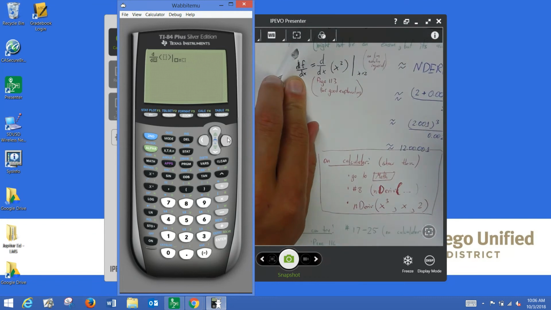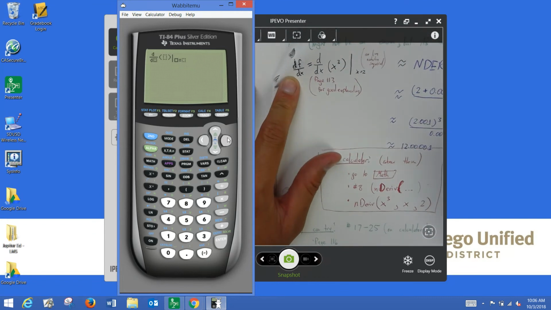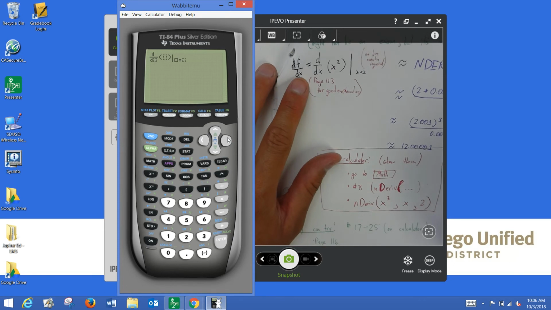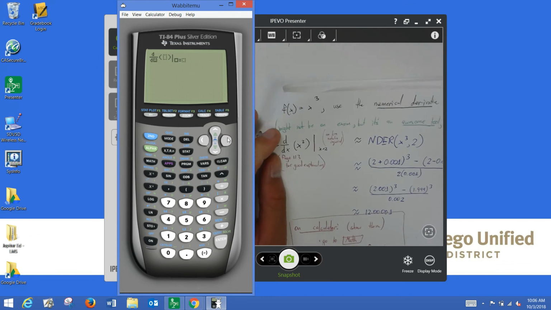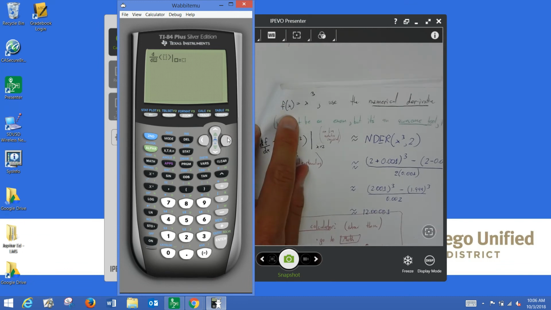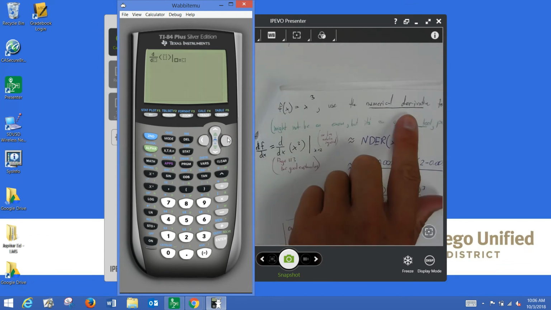So what you're doing is you're taking the derivative at some point. Actually, let me just write this down here. So here's an example problem: f of x equals x to the third power. Use a numerical derivative to approximate